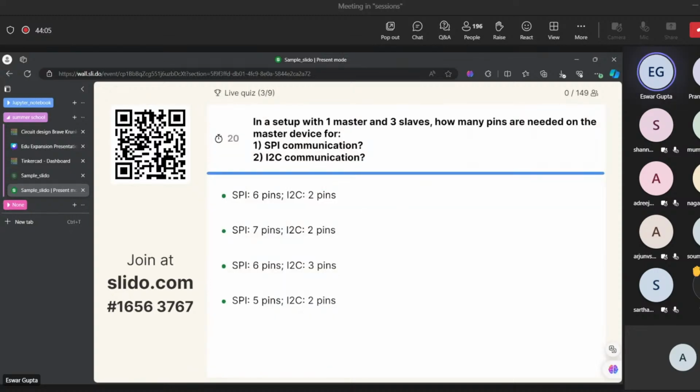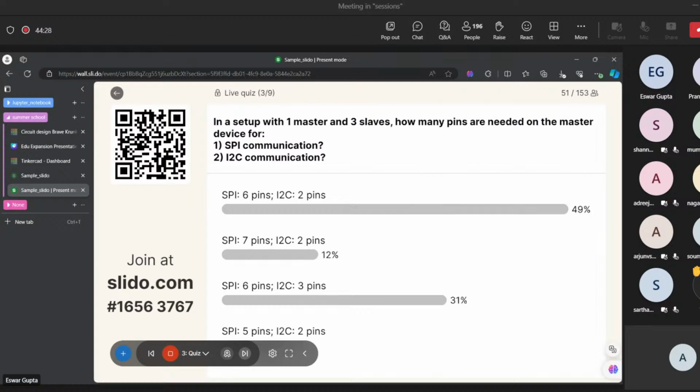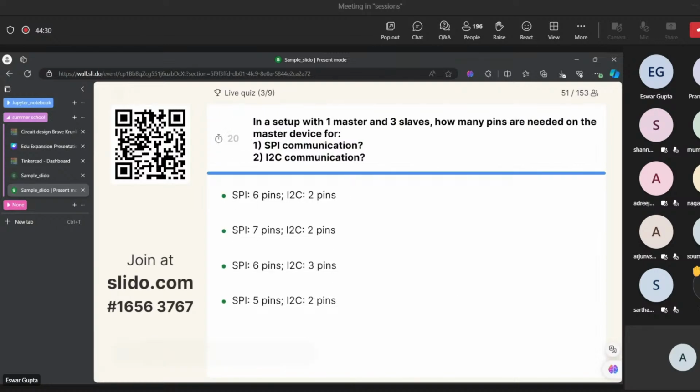This is the question. Now try to answer. It's a slightly tricky question, but not too tricky. I'll give you some time. Don't worry. I'm giving an extra 20 seconds. Try to solve.